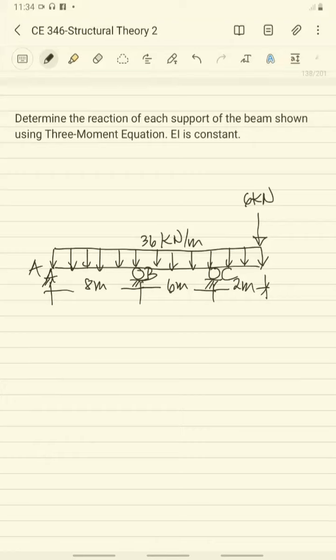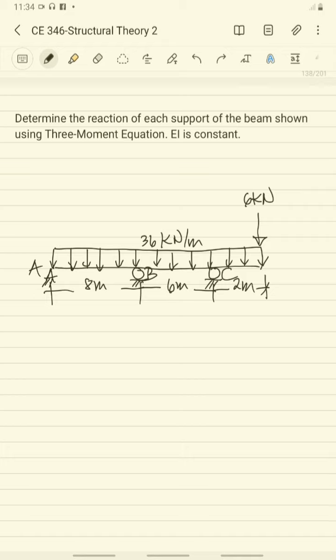Okay, we have here another problem. This is an example of a continuous beam. We are going to solve or determine the reaction of each support using the three-moment equation. EI is constant. So, first we have to break the beam because the three-moment equation